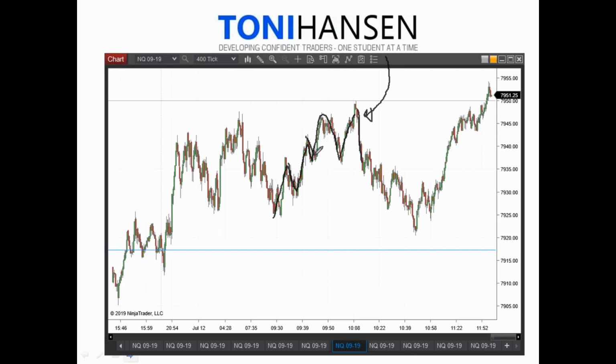So when we get 3 pushes to the upside with similar corrections between them, which was even more clear on the higher time frame charts, a lot of times our next strategy is going to be something like a 2T. In this case, the 2T wasn't very clear. We did have a 1, 2, 3 push up in here on a smaller time frame, and then this little blurb pulled back, and then it just crashed. Really hard to get into that after it already started moving without some slippage because it went pretty quickly at that point. Really good retracement level, and then it came into